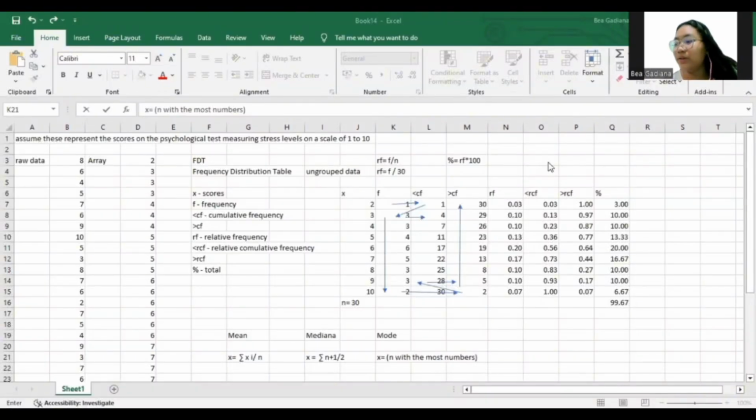Good day, everyone. Today I am here to show you how to create an ungrouped frequency distribution table by using Excel. This is especially useful when you're dealing with raw data and want to summarize it into a frequency table. So first, of course,